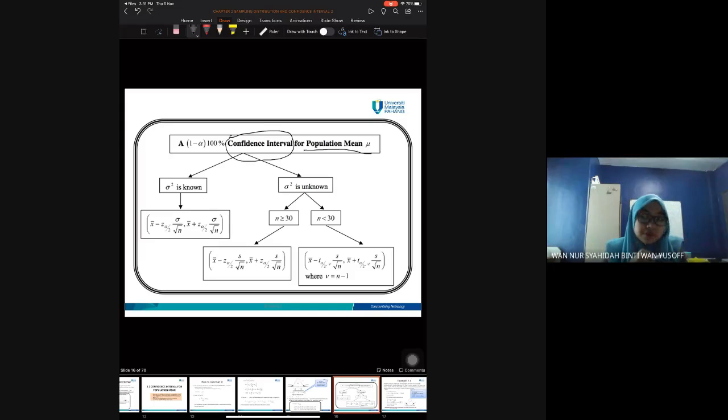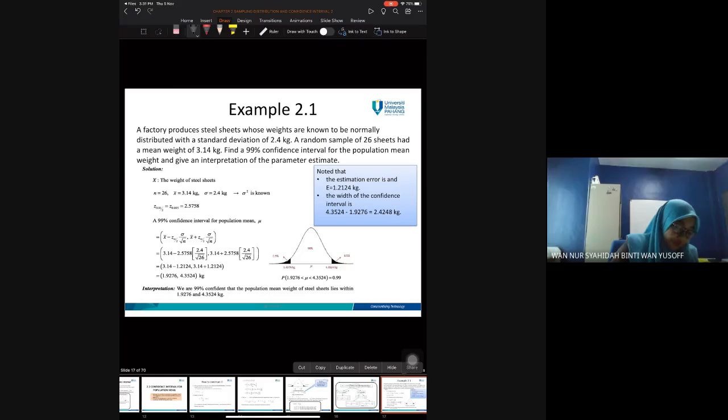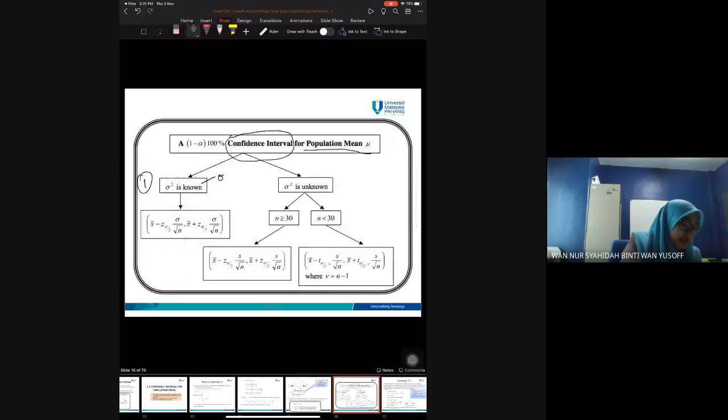So the first condition that we need to know is whether sigma is known or unknown. Known here means that you have sigma or sigma square in your question. Unknown here means that you have only S or S square in your question. Let's say that you have both. You have sigma, you have S. For example,